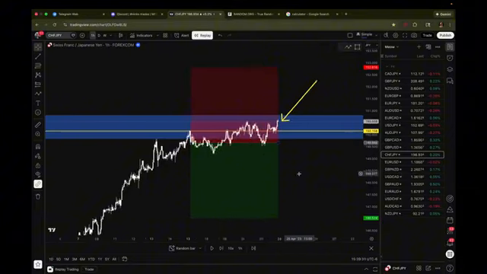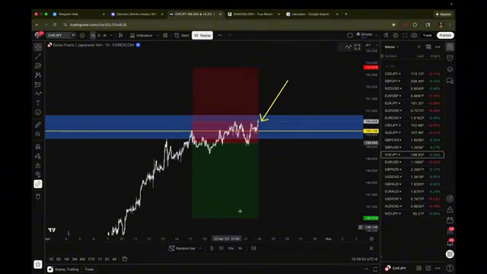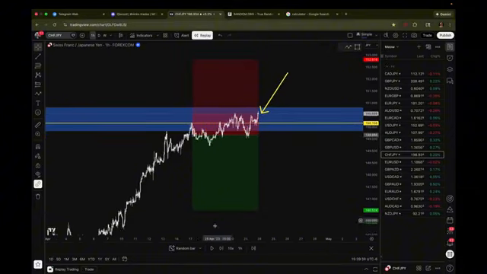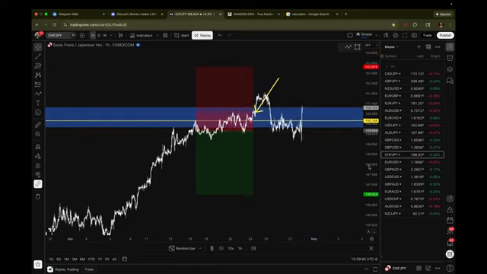And then what I want to do is go back here. We're going to see what would have happened had we held. Would it have gone to the profit target? Would it have gone all the way to the stop? Let's see. As you can see, price starts breaking above the zone. Oh, and then it pulls back, finds resistance. Is it going to go down from here? Let's see. Looks like it starts to go down, then it goes up, and this would have hit the stop